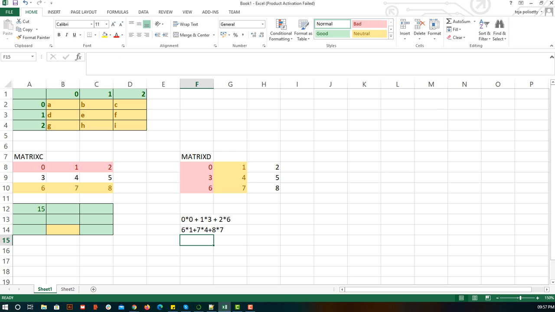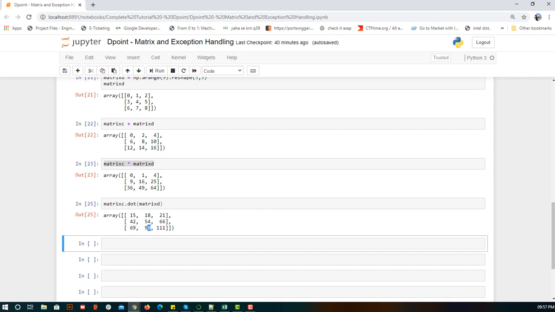Okay, so you got to know the concept, like what is the row and what is the column we need to choose. So this will be 6 plus 7 4s are 28, 34, plus 8 7s are 56. Okay, so 34 plus 56, what is it? 34 plus 56 is 90. So this should be 90. Are we correct? My maths is not that up to mark. Let me check this. Okay, so it will be 90.